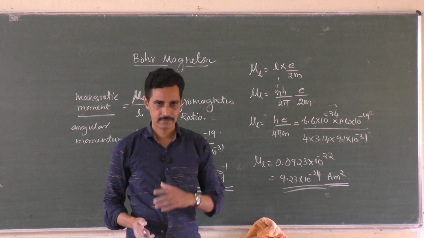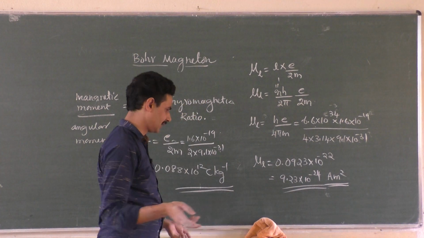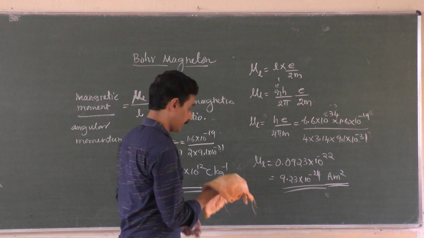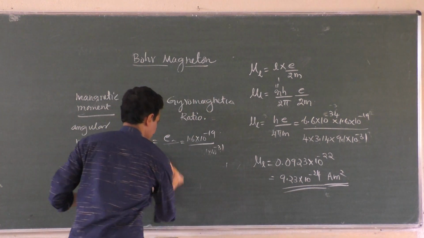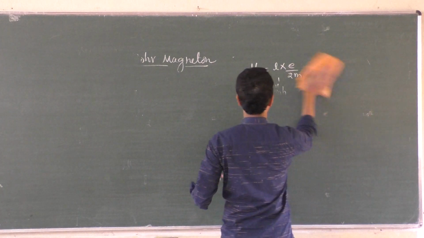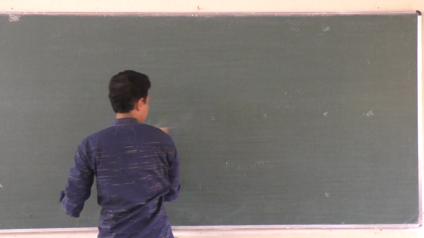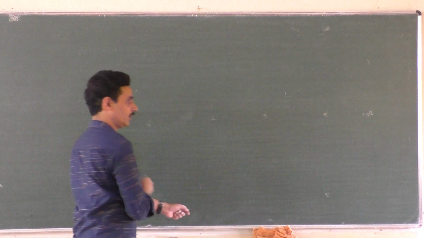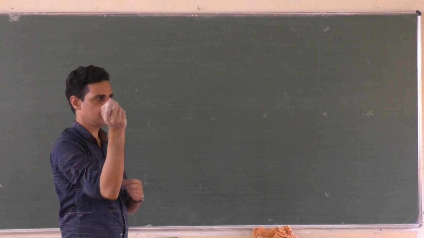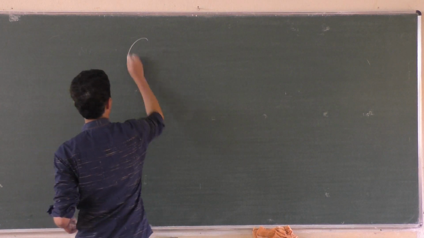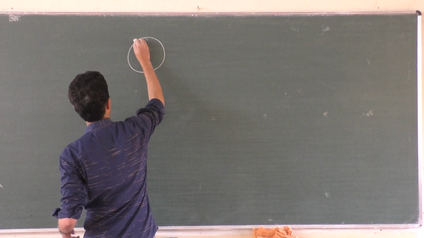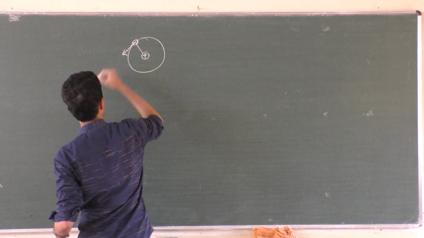So this is the derivation. Once it was asked, I can't say that this is a very unimportant derivation. It may be important because once it was asked for the exam. So I will do it at a stretch once, without much explanation. So the magnetic moment due to an electron due to its orbital motion around the nucleus is called Bohr Magneton. And if you consider an electron moving around the nucleus in the anti-clockwise direction like this, then